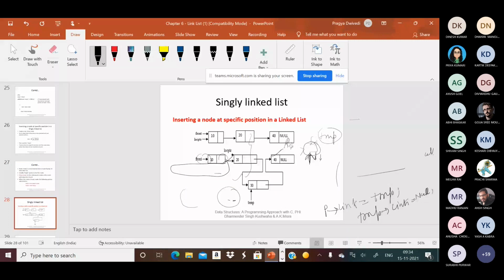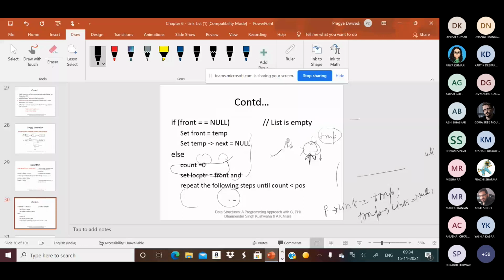the third case is insertion at a specific position. At the specific position, like there is one list. We can take one list. This is not working.